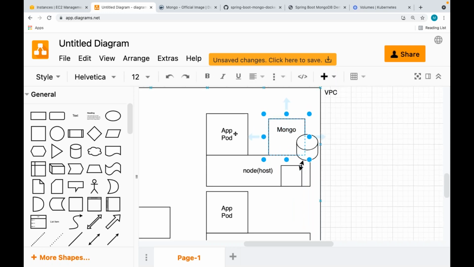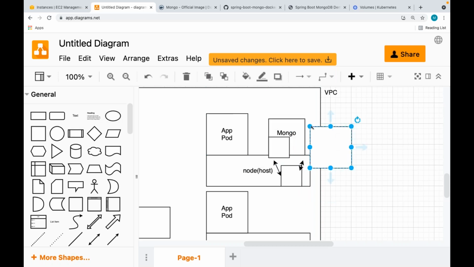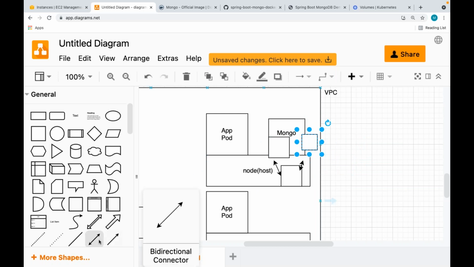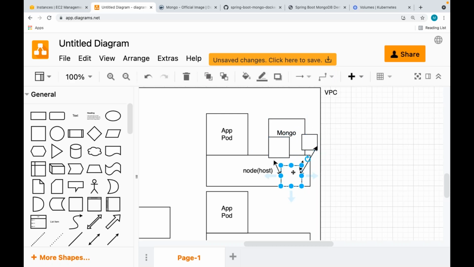As I already told, if there are two containers within that pod, can I mount that volume for multiple containers? This container can write the data here, this container can read the data here, if you have that kind of requirement.